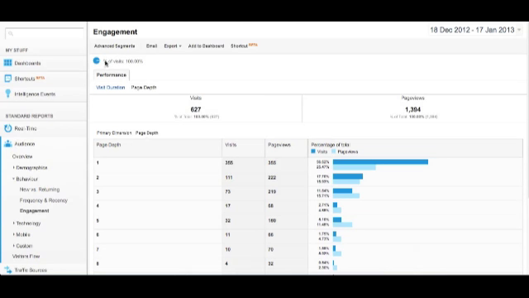Look at audience engagement. Here we are looking at the engagement report. You'll find this under Audience and Behavior in the left-hand menu, and there it is, Engagement. Now, you've got two choices as far as the data is concerned on this one. You've got page depth, which will tell you the number of pages people are looking at, and visit duration, which we'll have a look at in a minute, which is obviously about the length of time people are